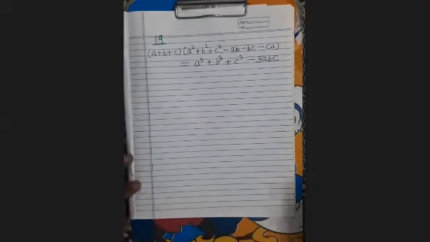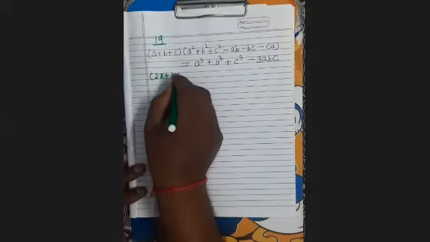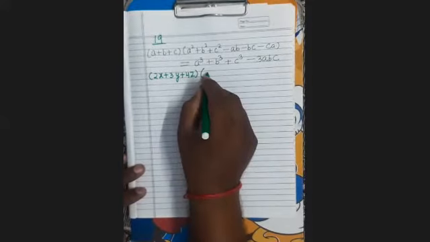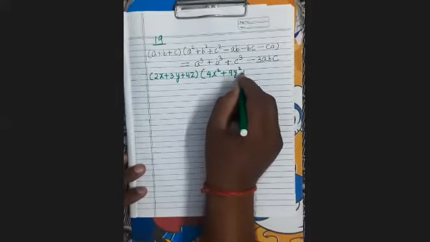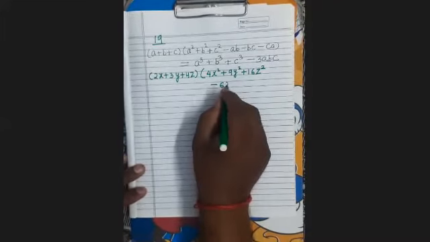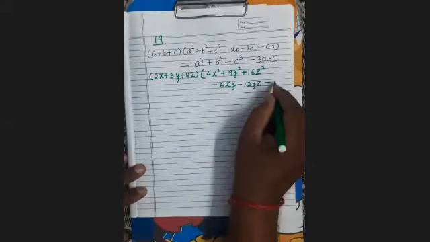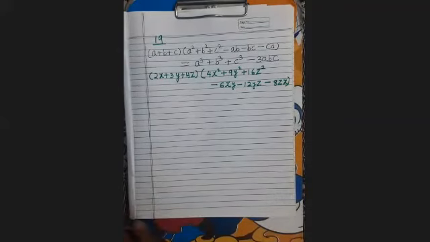Now this question is based on the same. Here it is given 2x plus 3y plus 4z. If you see carefully, you will find the question is based on the above formula. 4x square plus 9y square plus 16z square minus 6xy minus 12yz minus 8xz. First you see, check whether it is of the above formula or not. It is in the pattern of the above formula or not.